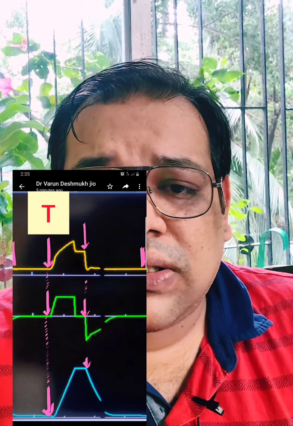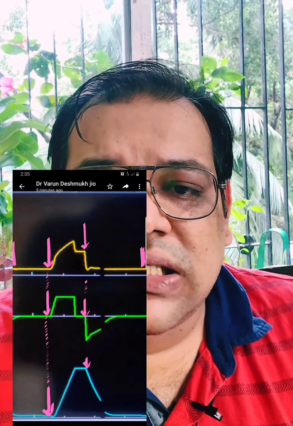So the trigger can be time triggered in all the control modes. It can be patient triggered when the patient makes an effort, and that patient trigger can be in the form of flow or pressure. So triggers are of 3 types: time trigger, flow trigger, or pressure trigger. Now, if you can see in the graph, the trigger is the point where the breath starts. Now the breath will continue till it changes into expiration.